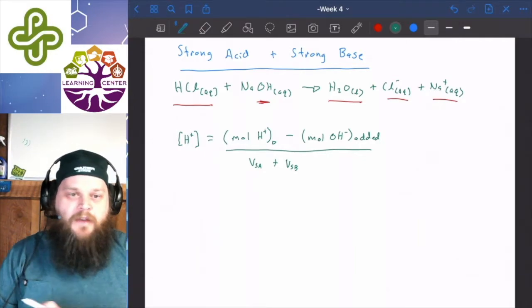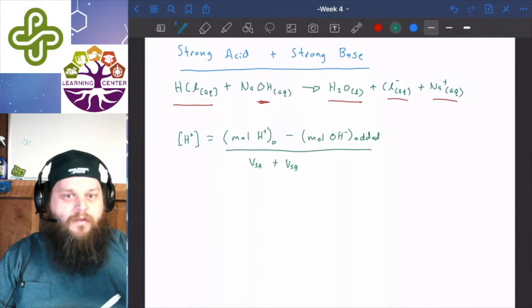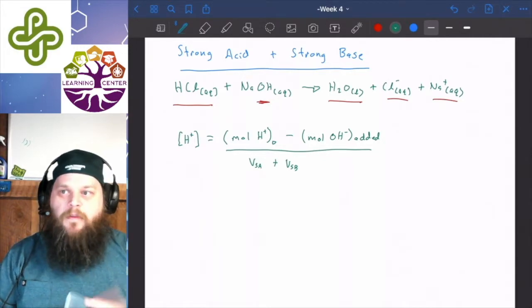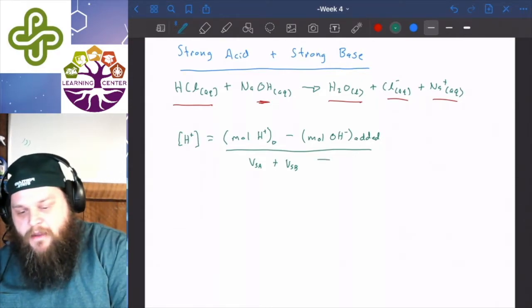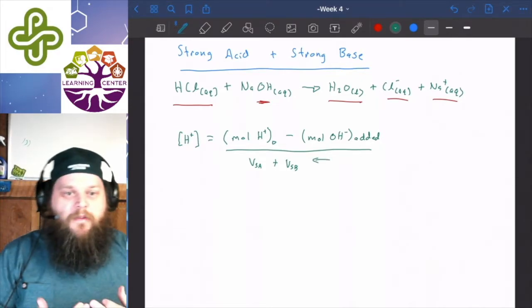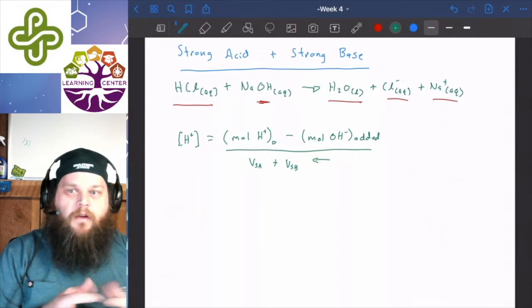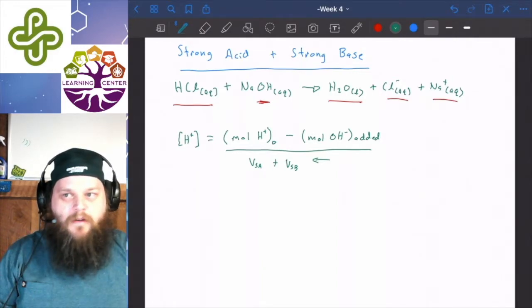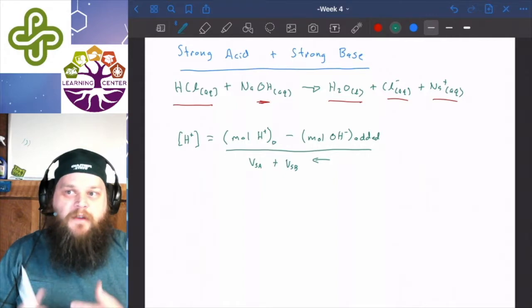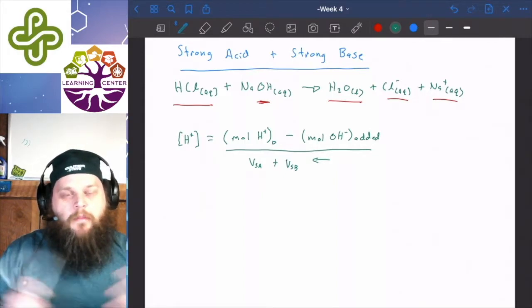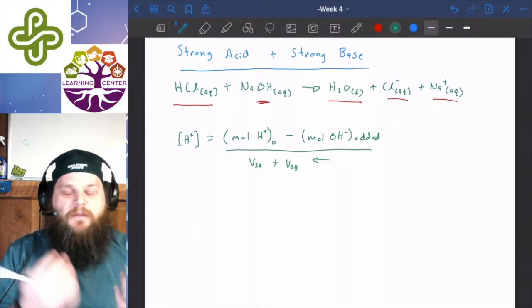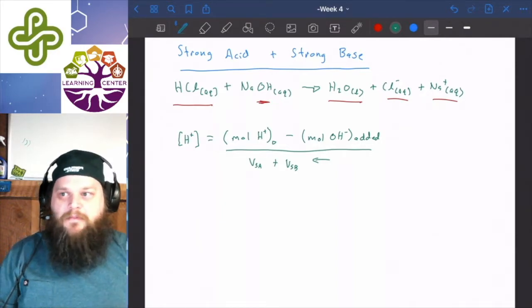And as we titrate, we're basically slowly adding more and more volume to the solution. And that volume is incredibly basic. So that's why we're adding the two volumes together at the bottom, because at any point along that, our volume is going to be greater than what we started with. So even if we just titrated with neutral water, the hydronium ions would stay the same, but the volume is going to increase, which is going to reduce our concentration.